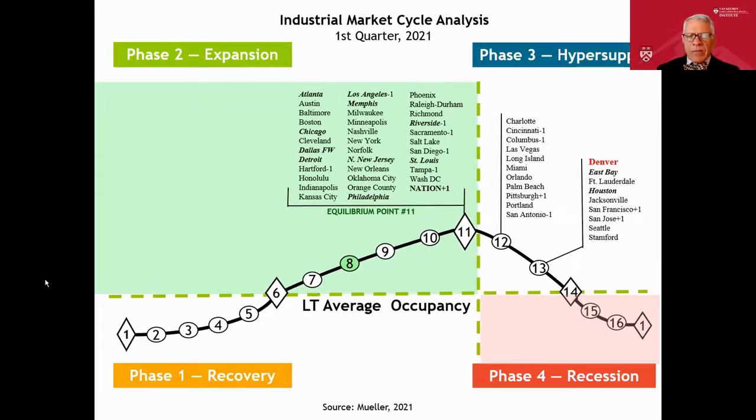You see, as you would expect, the major number of cities at their peak equilibrium because demand is good. The cities in the hyper supply phase, a lot of that is because of the non-bulk warehouse, while bulk warehouse is in huge demand. And even though we're building a fair amount of it, it's not being oversupplied. But the R&D flex space, the smaller users, and sometimes that's even retail, is in the hyper supply phase.